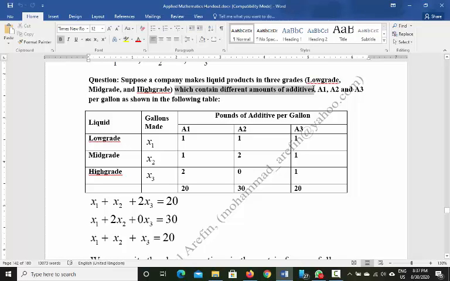Additives means it's a kind of chemical. So which contain different amounts of additives A1, A2 and A3 per gallon as shown in the following table. Right. So low grade